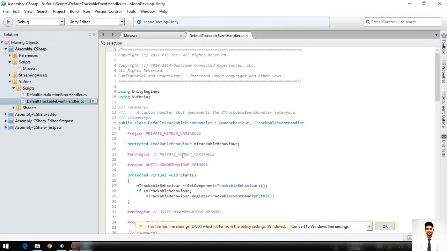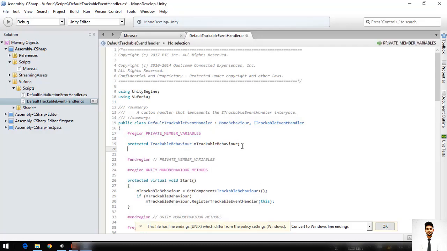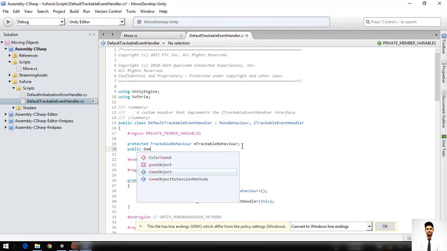So this is the script I have used. This is the event handler script. If in case the previous built APK is not working, please do this.